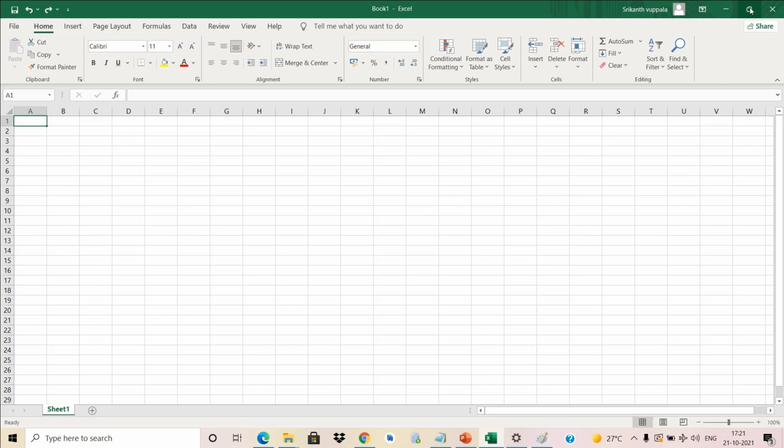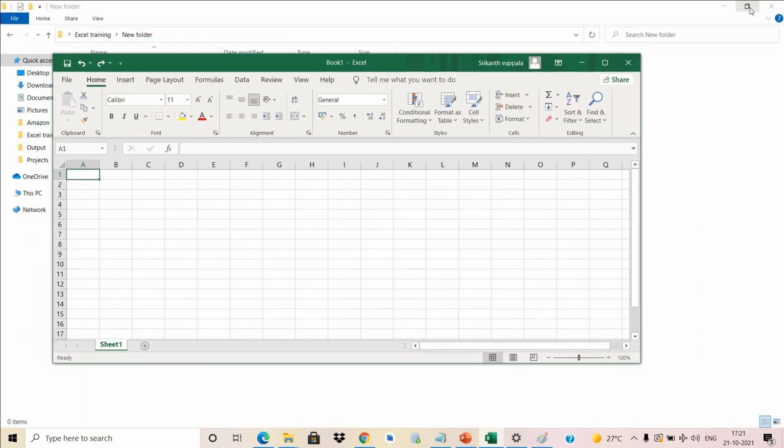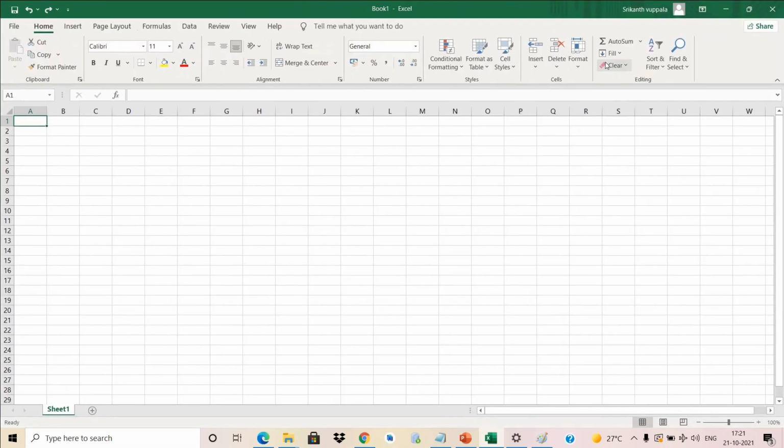If you click on the restore button, it will be seen like this in the shrunk manner. If you want to resize to the original size, again you need to click on the restore button to see the full Excel.